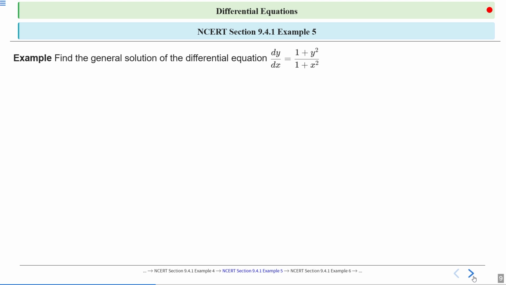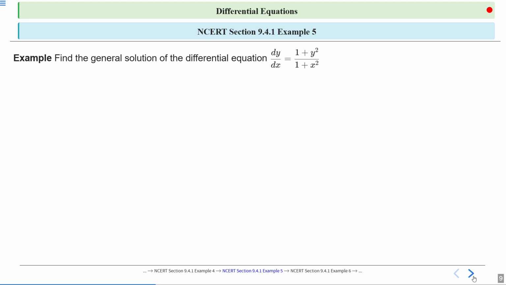So whenever there is a question and we have to find the solution of that differential equation, we have to observe whether the given equation is of first order and first degree. This is the first task. And then see the right hand side, if it can be separated into two parts, that is, it can be written as a product of two functions g(x) into h(y), then we can apply the variable separable method to solve the given differential equation.